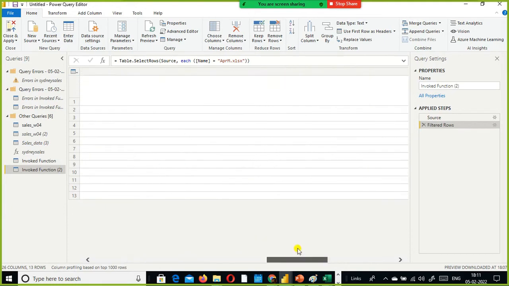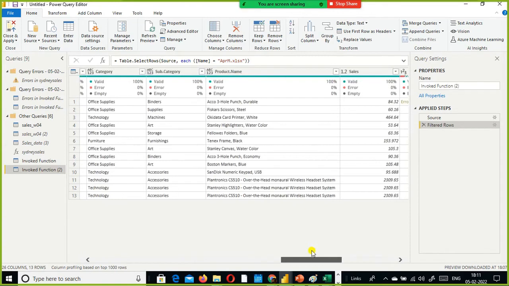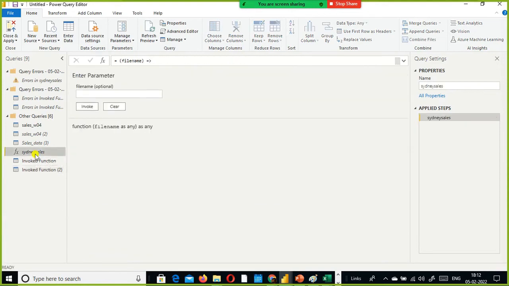Now I have a challenge question for you all. Let me see how many of you can come up with the solution for this. Okay, you have the data set with you all, right? Let me see how many of you can come up in fixing this issue. Let me just go here.